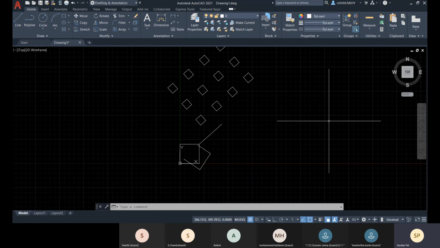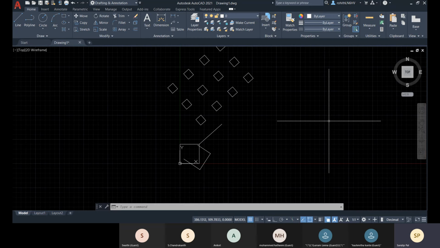Okay, as I've already showed you that, I will show you again. From the last point or from the previous point, it will calculate as per your UCS, or if you put WCS input, according to WCS, it will find out its X and Y direction, and you will have it.